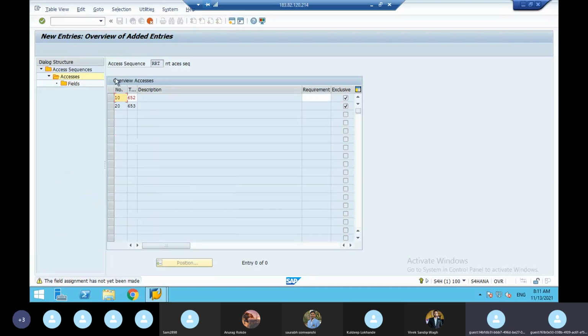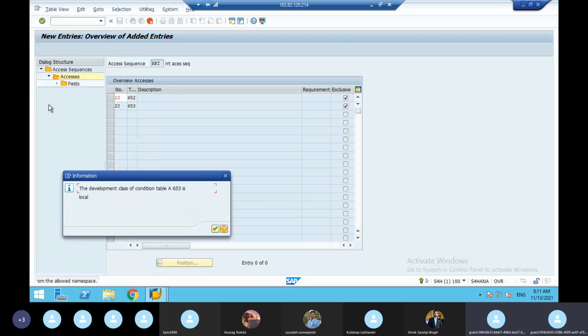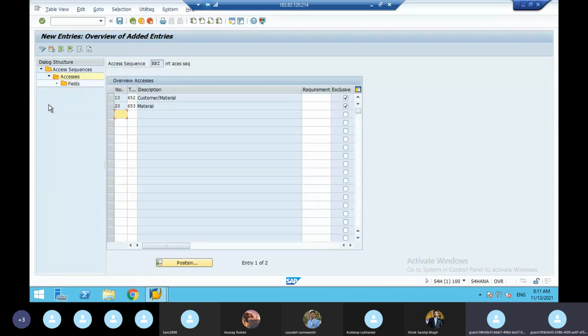See that the yellow box should come up to the 20. Keep on pressing Enter. So now the yellow box coming here means the access sequence is ready for searching the first table and the second table. Okay.